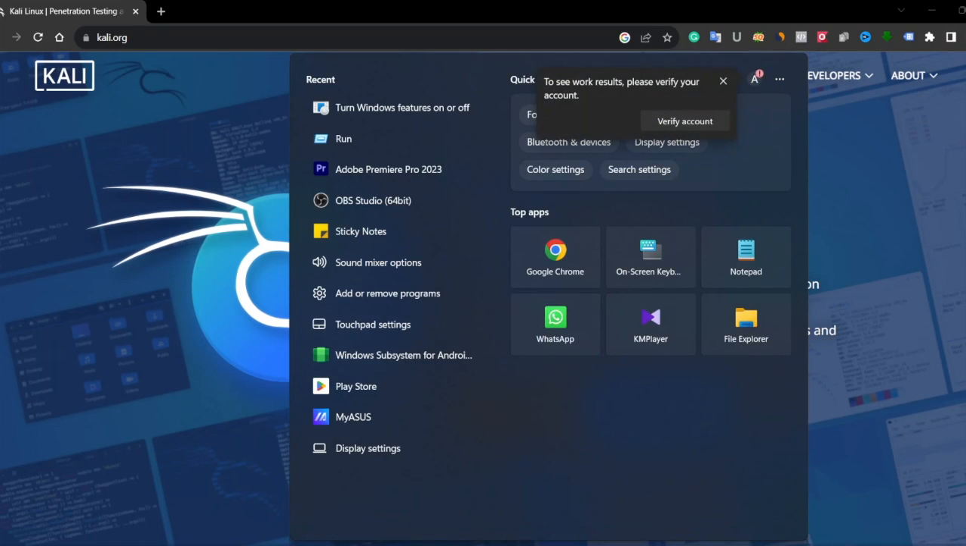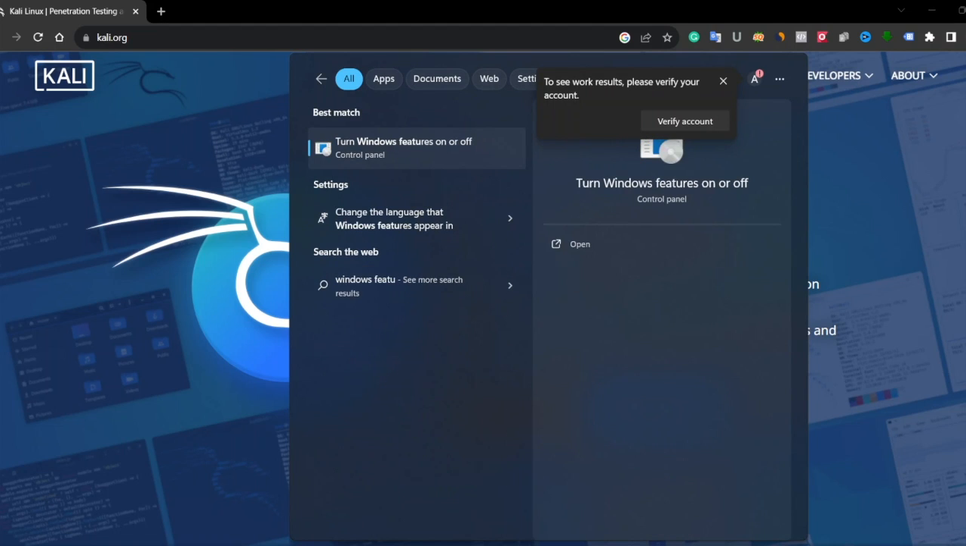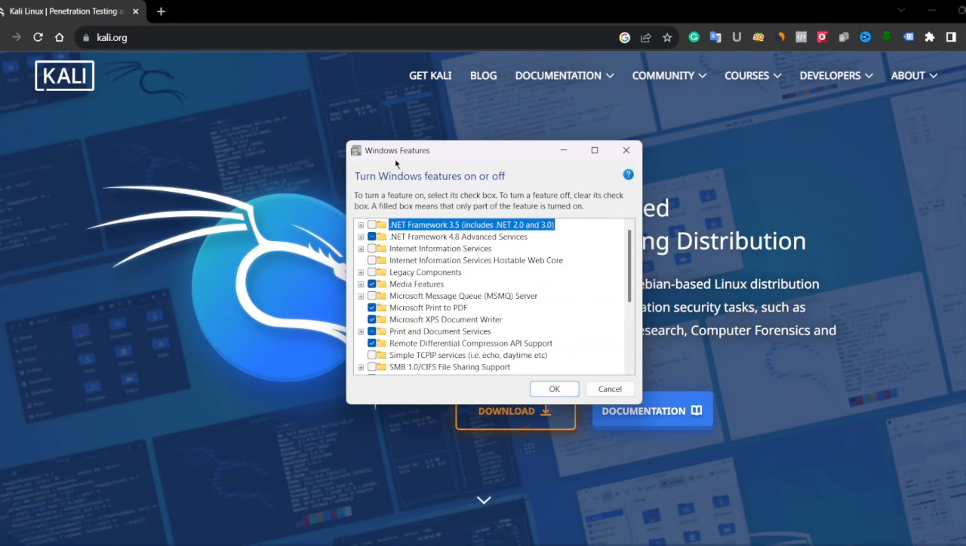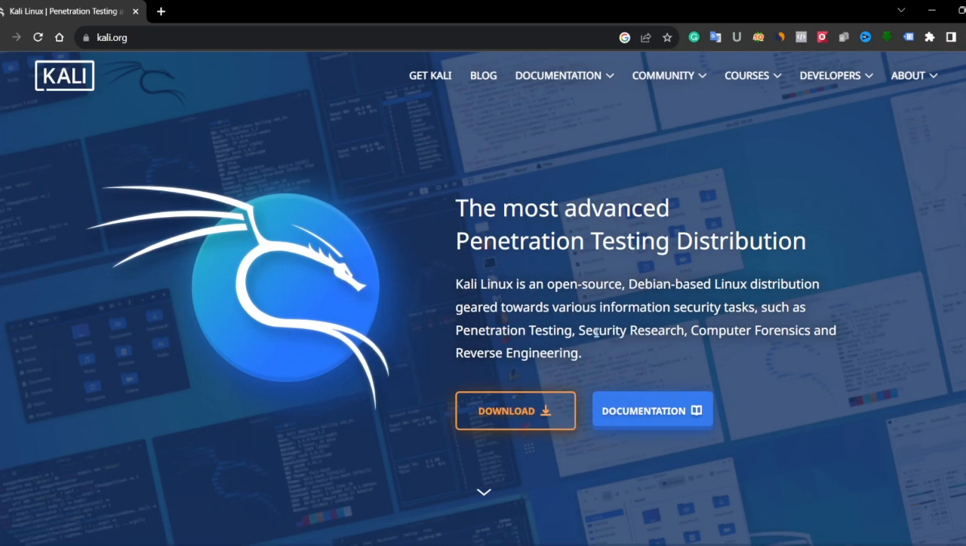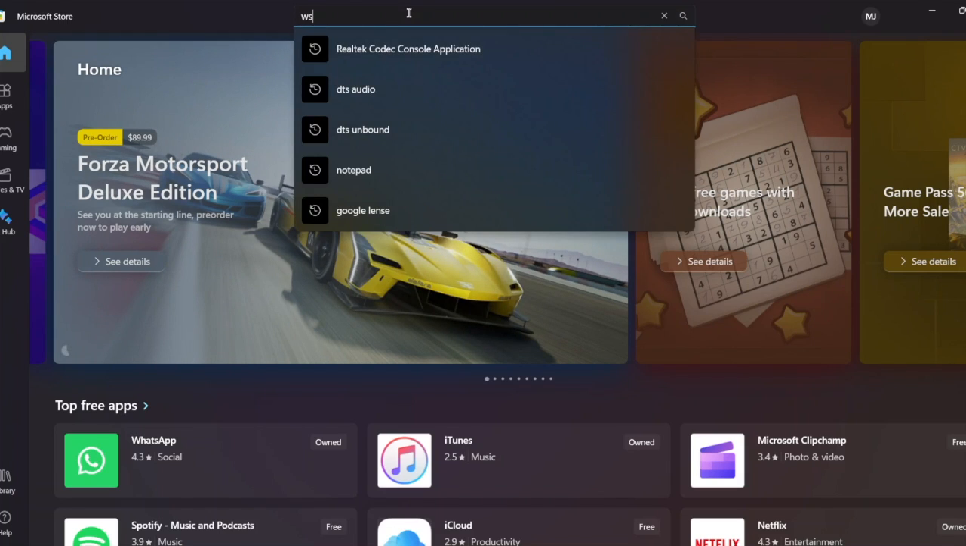Let's search on the search bar and write Windows features on off. Click on that and scroll down. You can see my virtual machine platform is already enabled, but if you have it disabled, please enable this and restart your computer. Okay, now we have to go to Microsoft Store and search WSL,